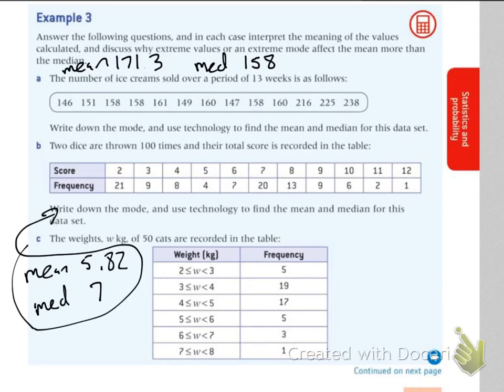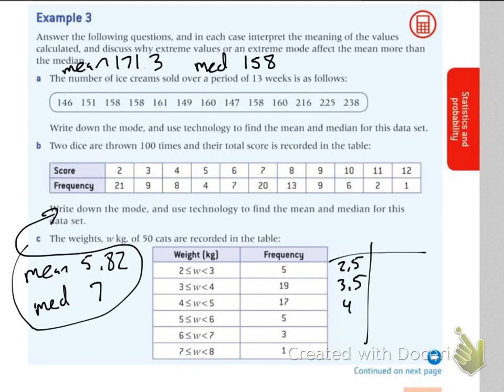There's 5 cats at 2 kilograms, or is it 5 cats at 3 kilograms? I mean, they all could be stacked up by 3, or they all could be stacked by 2, or evenly dispersed. That's a good question. So the proper way to do this is to actually restructure your table. We're going to change it up. So for the weights, because half the weights could be above and below here, I'm actually going to use 2.5,